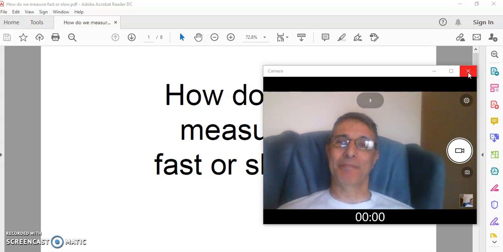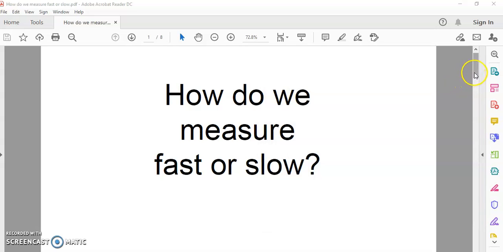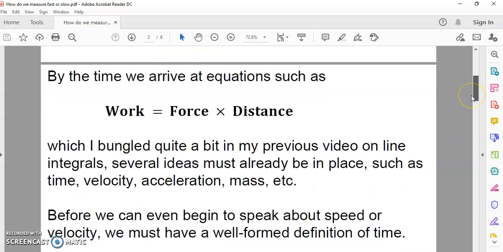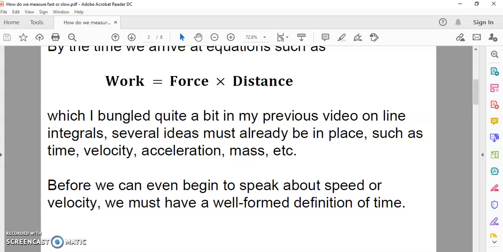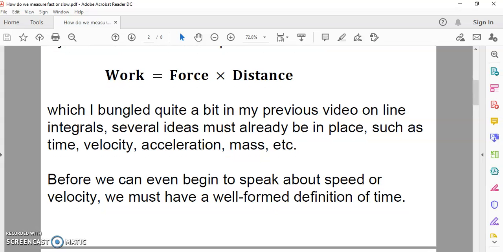So let's begin. Now, in my previous video, well, I'll get to that in a moment. By the time we arrive at equations such as work is equal to force times distance, which I bungled quite a bit in my previous video on line integrals, several ideas must already be in place, such as time, velocity, acceleration, mass, etc. So before we can even begin to speak about speed or velocity, we must have a well-formed